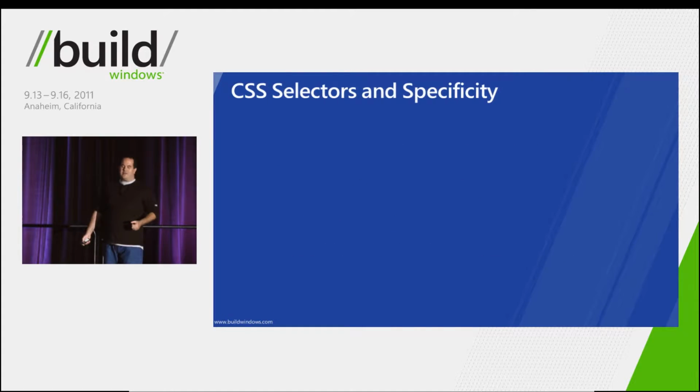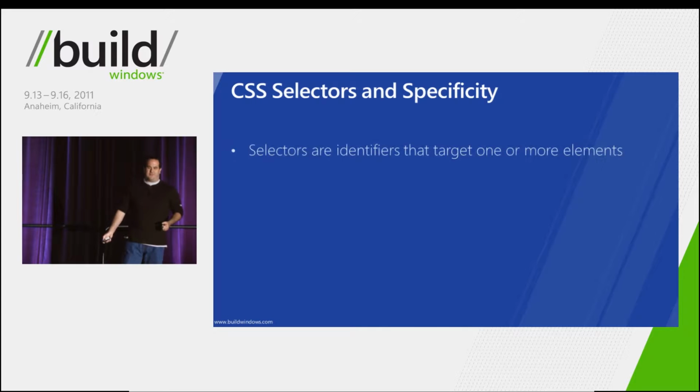Let's start by talking about CSS selectors and specificity. A CSS selector is an identifier that allows you to target one or more elements in your app. So for example, I can have a selector that targets all the buttons in my app, and perhaps this selector is associated with properties that say all the buttons in my app should be blue. I can also have a selector that says this particular button in my app with a specific ID should be